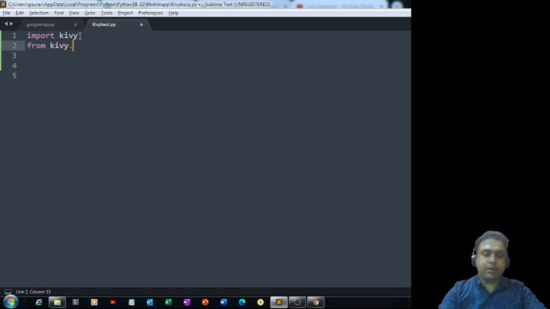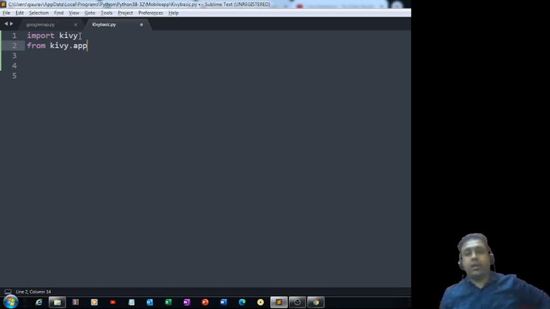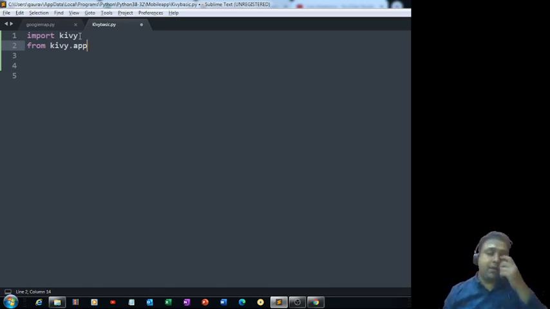So now it's time for us to import the various things that we need for developing the app we are here for today from this Kivy module. So from kivy.app, I would like to import this thing, App. It is going to help us in creating a full-fledged mobile application. And then there is this thing